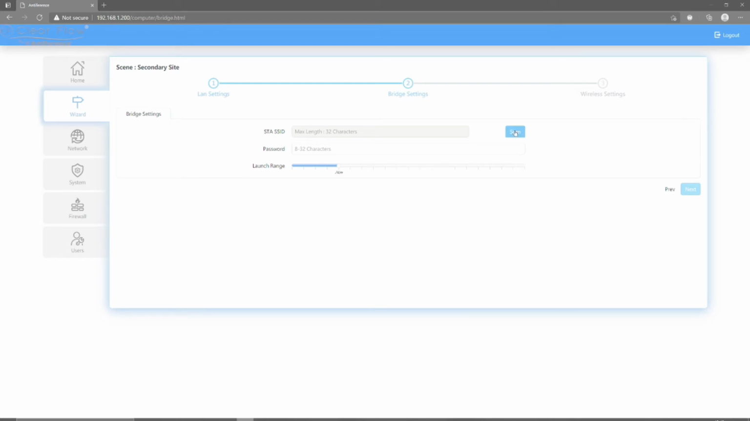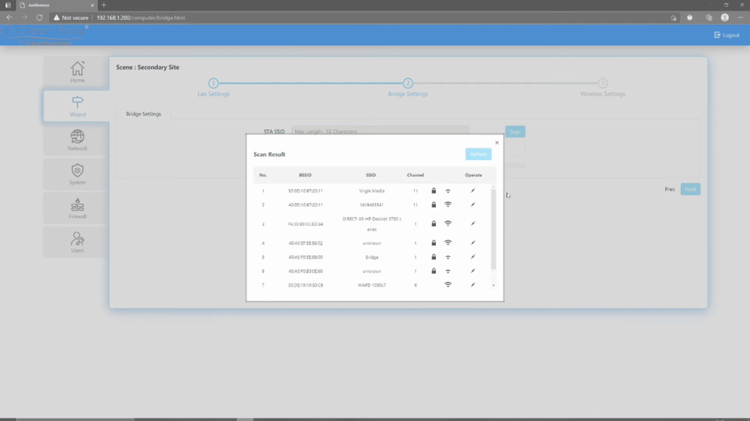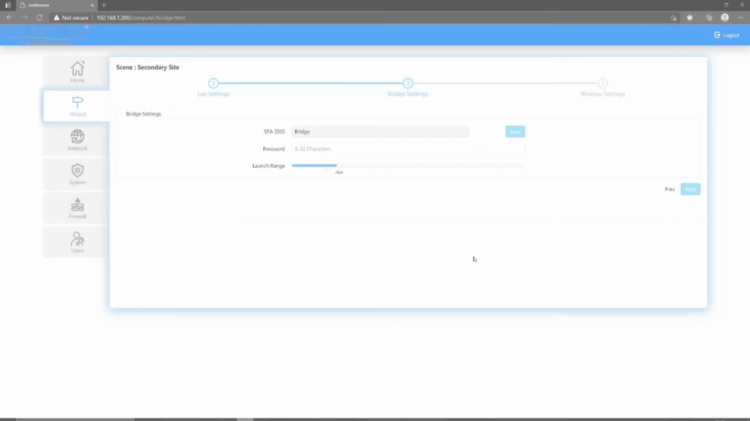So click scan and a pop-up will appear, showing all the networks that are in range. Find the one that we want to connect to, and you'll be prompted to insert the password. So add your password, which will be whatever you set it up for the transmitter, and then adjust your launch range to match the transmitter. So if your network doesn't appear immediately, just run the scan again. That does happen. So click on next, and then the last settings on this is just setting your local SSID